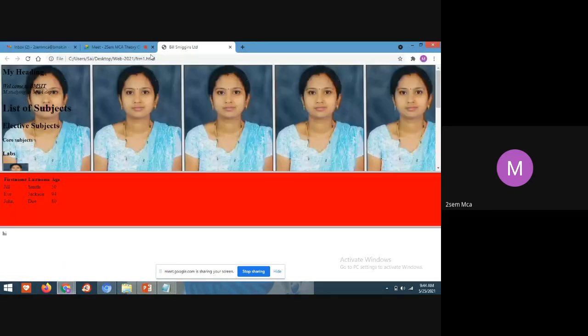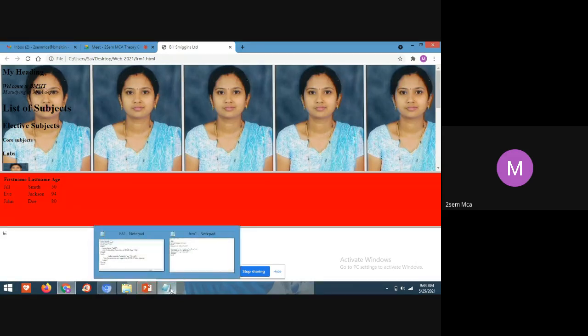Students, whatever changes you make in the program, every time save your program and refresh the web page. If anybody has a doubt about how to begin an HTML program, tomorrow afternoon I have lab.